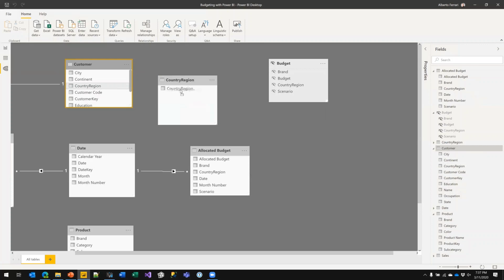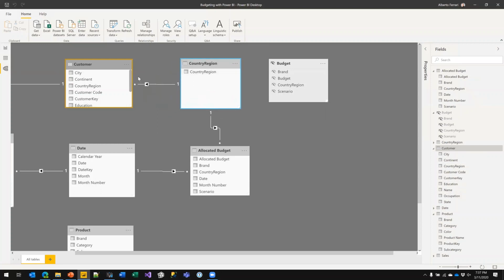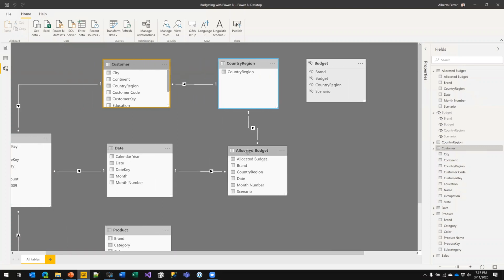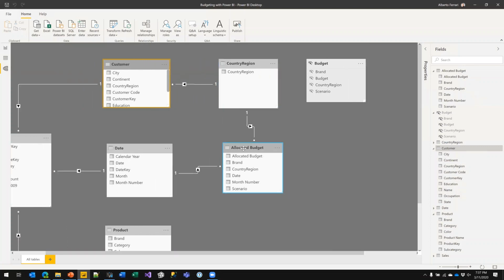Country region filters country region, and the country region filters country region again. So now I have this dimension, which is able to filter customer, therefore sales, and it's able to filter the allocated budget. But I need to use this country region instead of using the customer country region in the report.